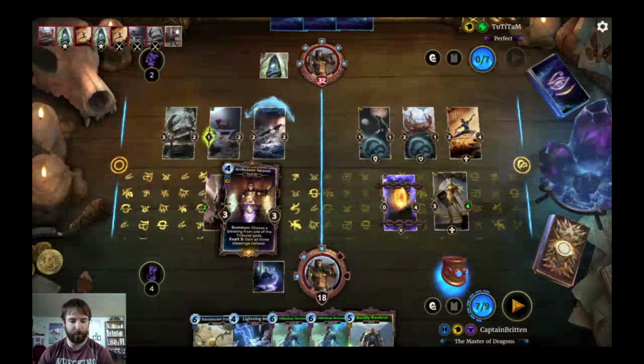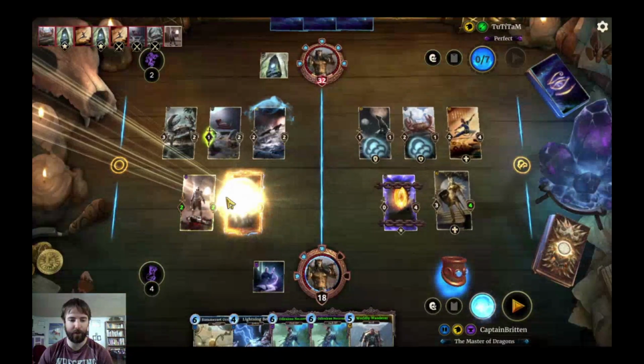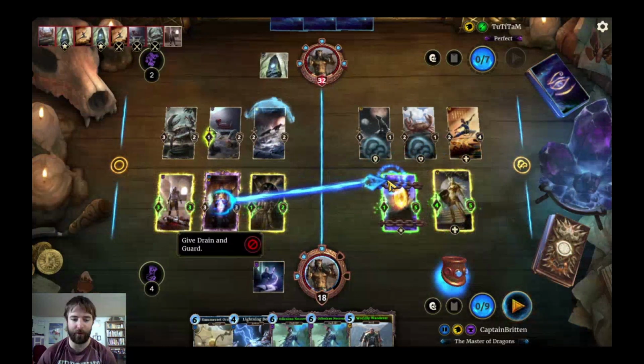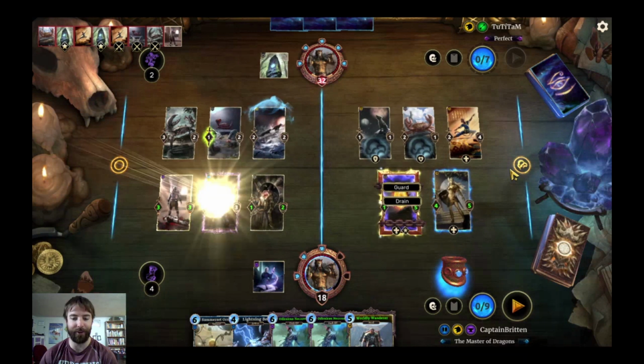Or die trying. Solely so that I can trigger the Tribunal will come to the people's aid. Exalt and always give an extra buff onto this other creature, the Tribunal's power, onto the Emperor's Attendant. And then I'm going to, let's give this Drain and Guard, which is...